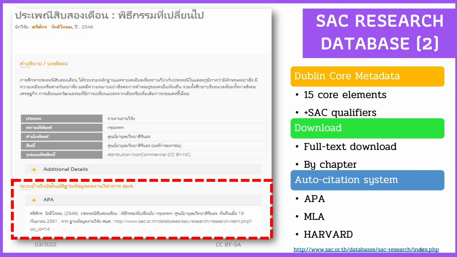As for the data structure that we choose to use for the database, the nature of the research is a single object. There is no need to create a stratified relationship. We use the Dublin Core metadata element set for the description. This is an easy to use, uncomplicated set of metadata that can be applied to a wide variety of digital resources and content, can exchange data, and can be applied with other standards or programs. Also, it is a standard for data structure that is widely used internationally.